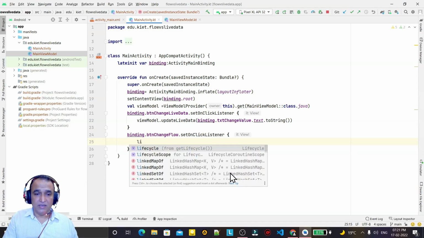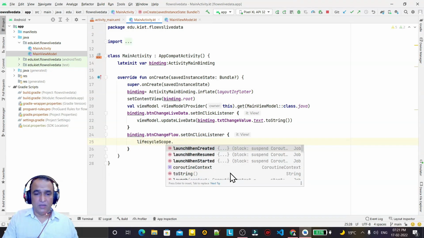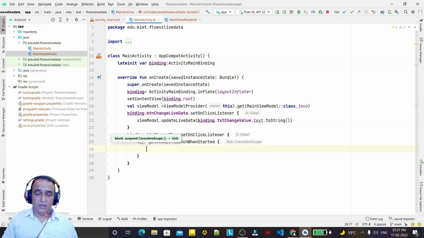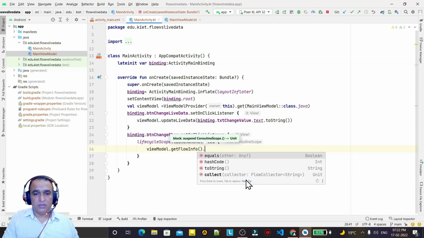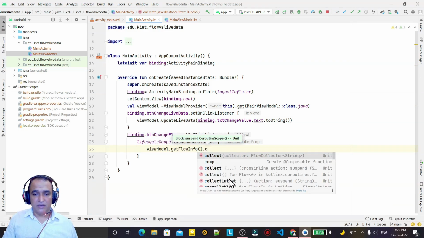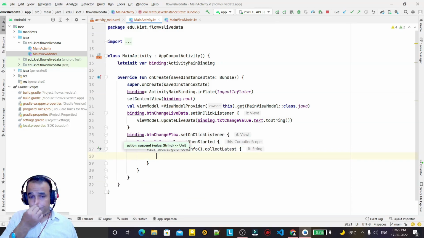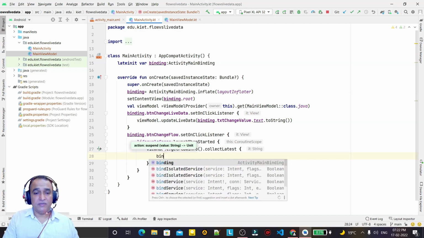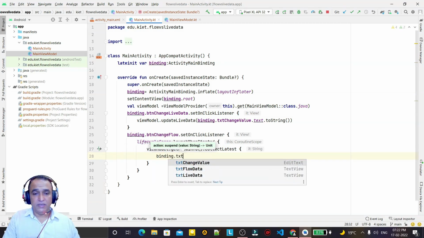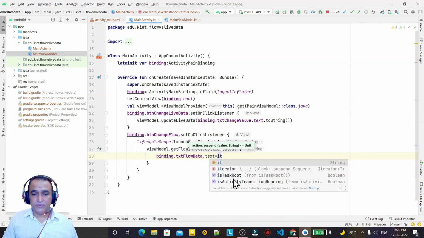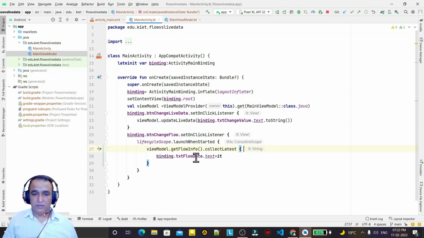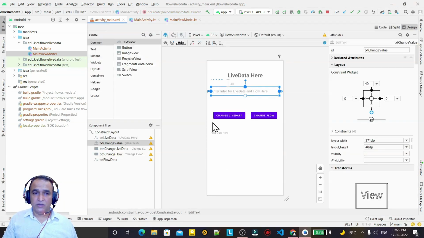So I say lifecycle scope dot launch when started, we can take this one, and here I have to call the view model dot get flow info dot collect. You see I'm taking collect latest, and here in collect I am going to replace the value of the text. So I say binding txt live flow data dot text equal to it. So it will send the value here in it, and this value will replace in the text box.